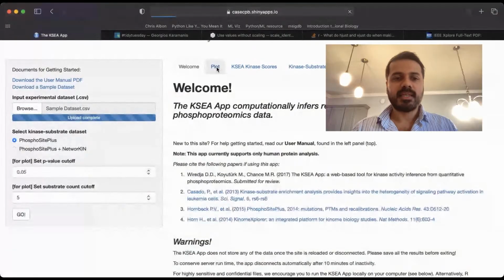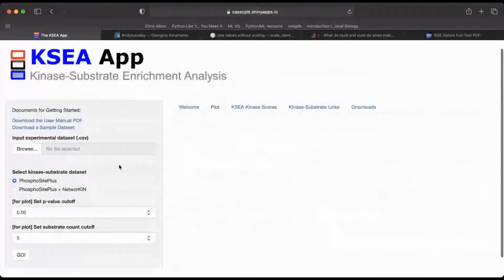I won't really go into the details of it, but what I'm going to do is stop sharing this, and I will just go through the KSEA process. The people behind KSEA have made a Shiny app, and I'm just going to reload this. The good thing is they also have a sample data set, which is just a sample of phosphoproteomics data. I'm just going to upload that quickly. Apologies for this. Right. And then if I just run KSEA,